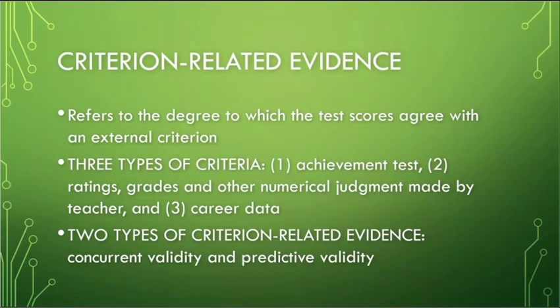Aside from the content related evidence for validity, we have the criterion related evidence. This refers to the degree to which the test scores agree with an external criterion. What do we mean by this external criterion? When we say external criterion, we are referring, of course,